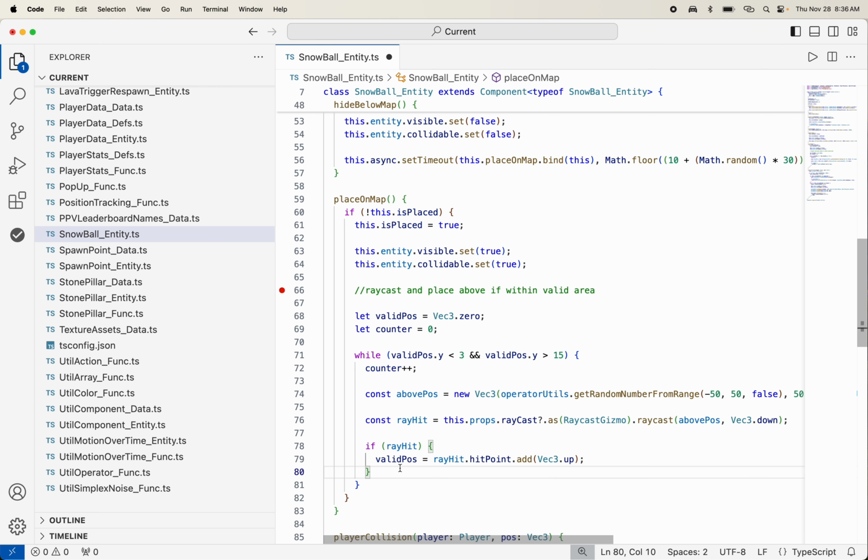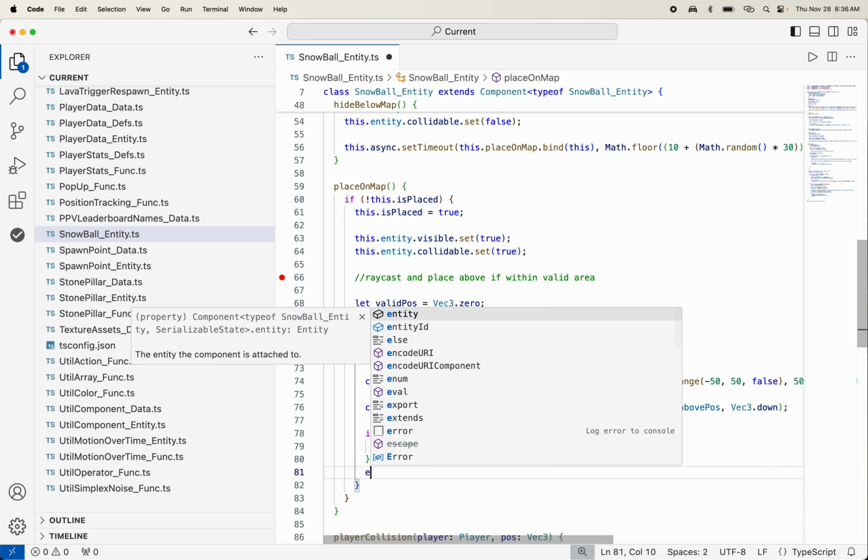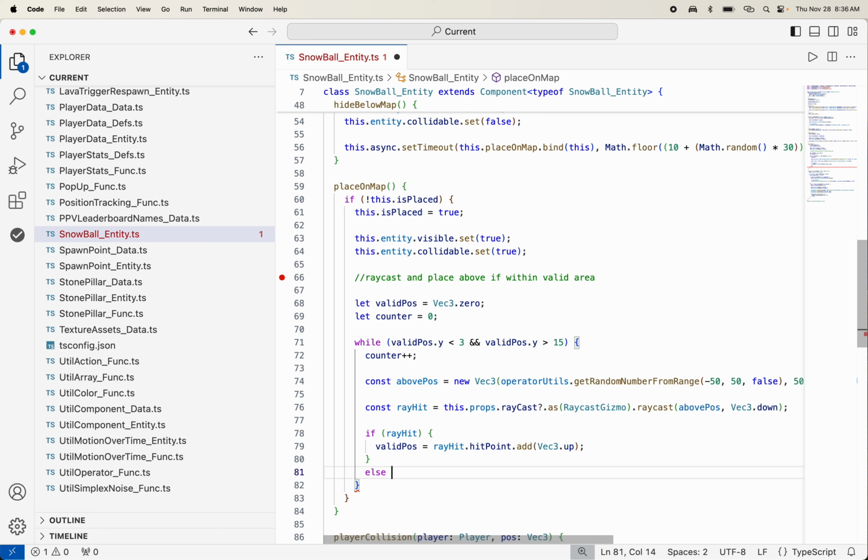But if the ray hit is not valid, and we say else if we have an invalid position and the counter is